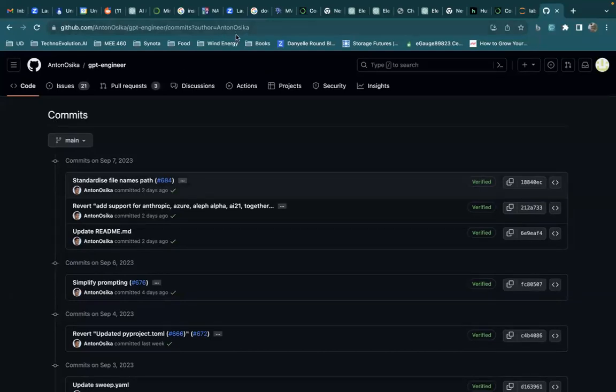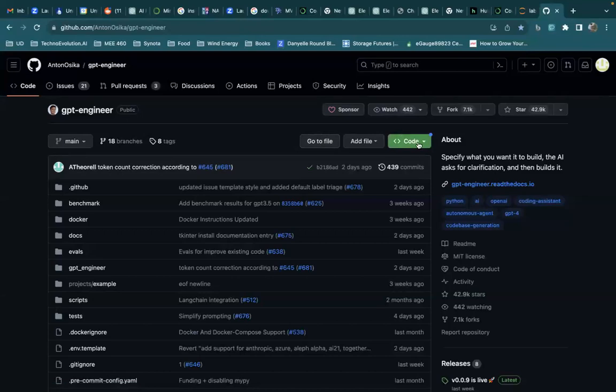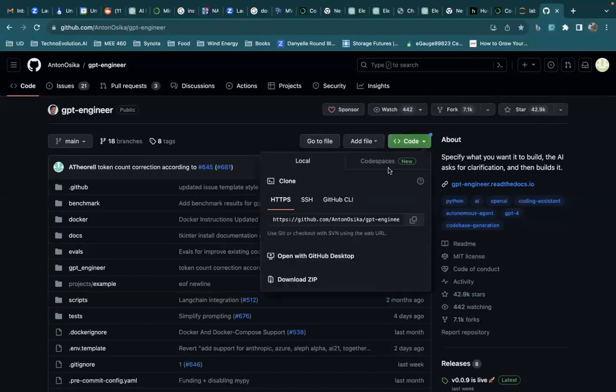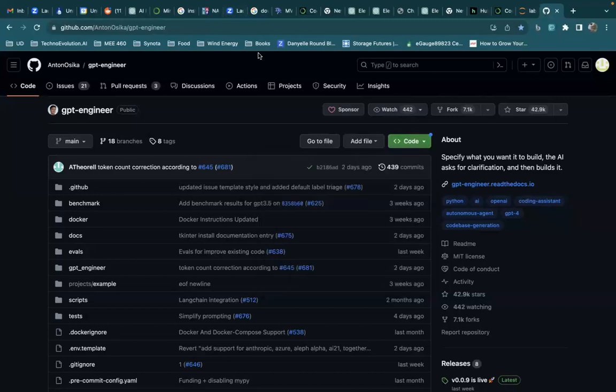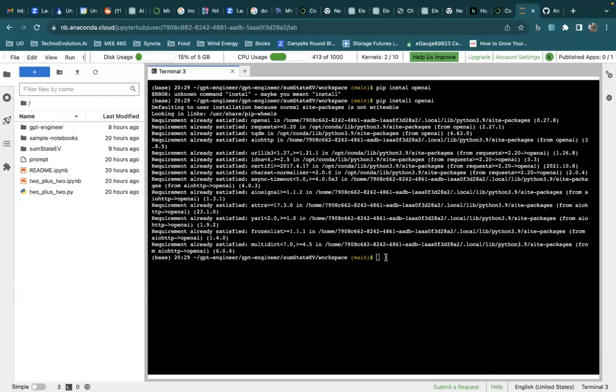On this page, you can hit the code button, and then go to this green button and copy the URL. We're going to clone his system on this device, so you type git clone and then simply paste that in, and it will create